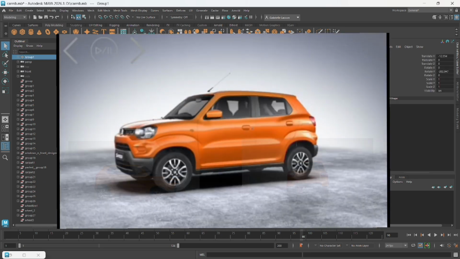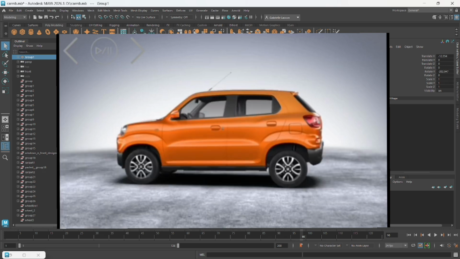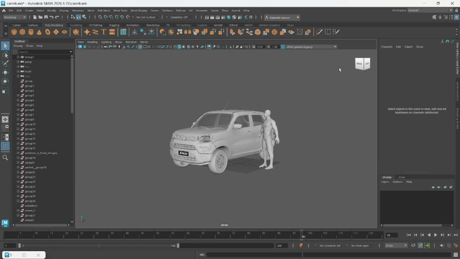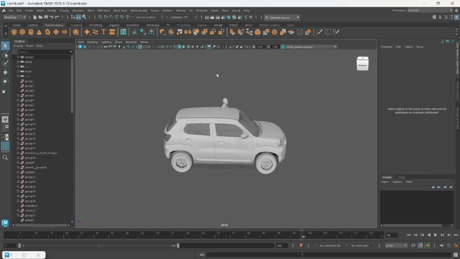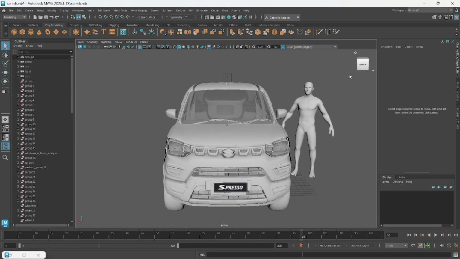We rotate around the model, starting from the front view, then the right side, the back view, and finally the left side. This step is important because it gives us a complete idea of the car shape and proportion before modeling. Next, let us move to the process of making the model.